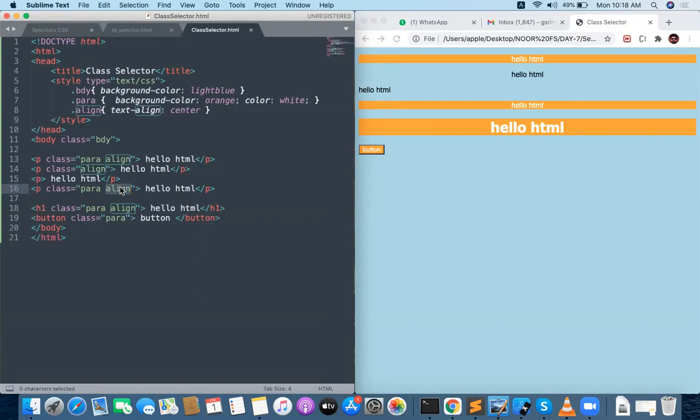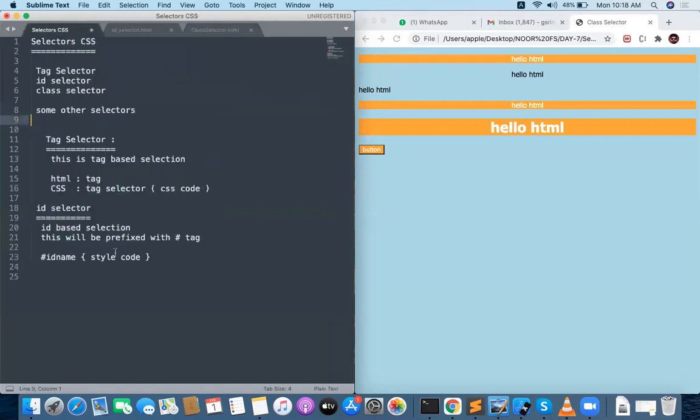And so we can assign the class to the fourth paragraph, like we can put one class name, space, another class. Exactly. If you want to provide multiple classes for an element, what you want to do is you give a space and write another class. A number of classes you can write. There is no restriction for the class.